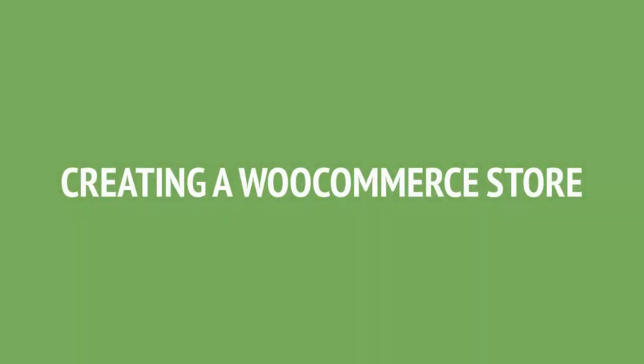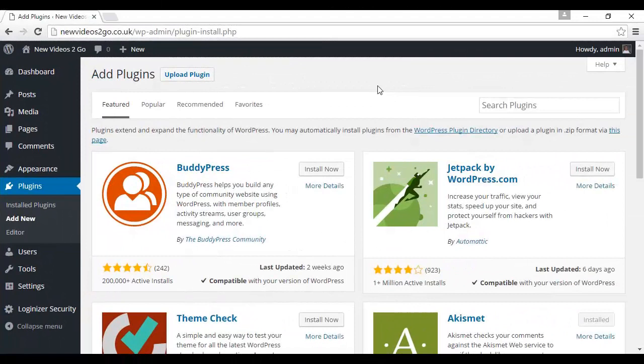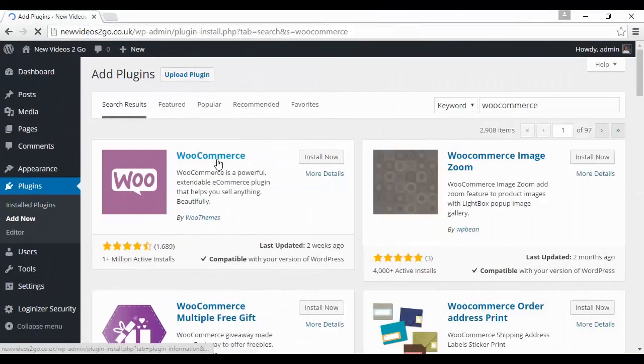If you thought creating a Shopify store was easy, creating a WooCommerce store is even easier. The free version of WooCommerce is very easy to install via the WordPress dashboard. What you want to do is log in, click on plugins, and then add new. And then where it says search plugins, you type in WooCommerce